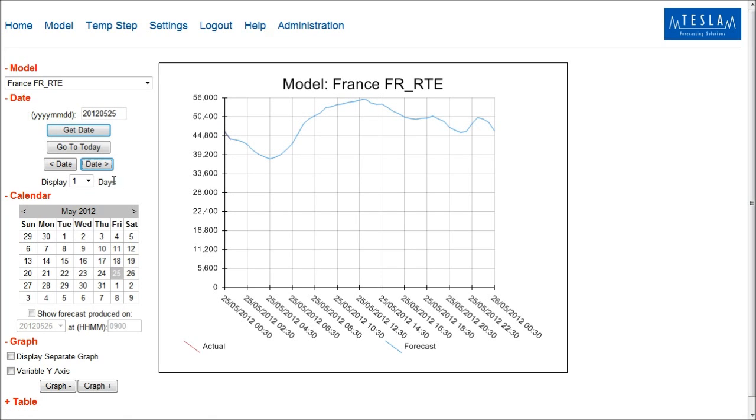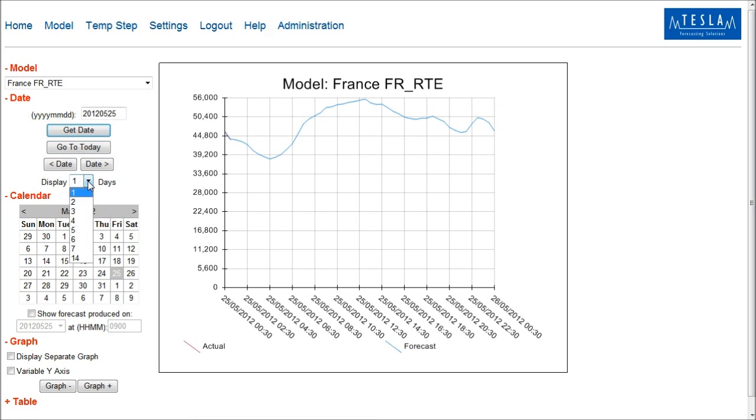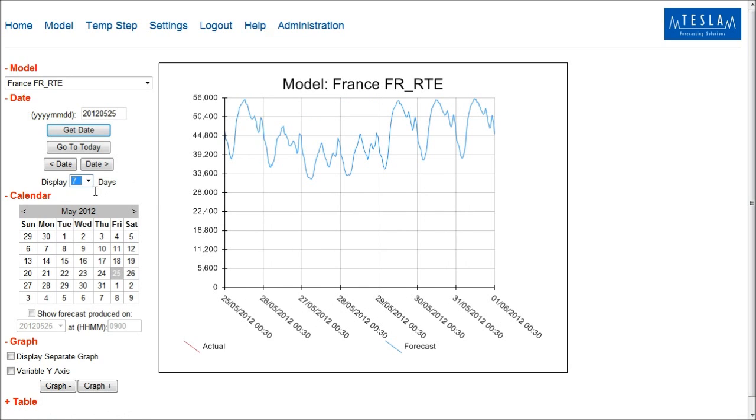Paging through the days is very easy, simply by clicking forward and back on the date or by clicking on the calendar itself. You can quickly go back to the current day. You can also view the next few days in the future. I'll just go back to the single day view,